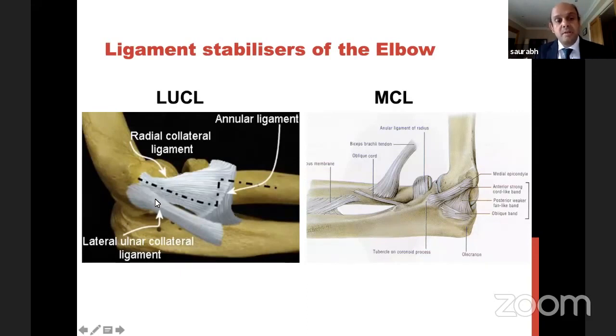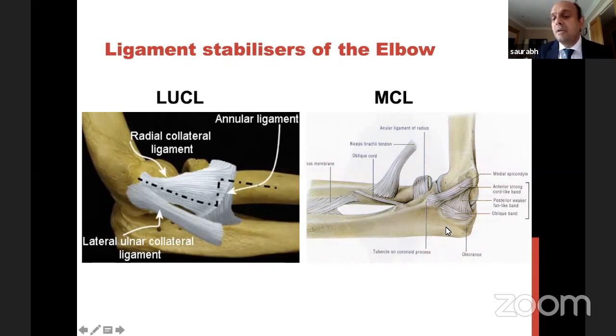The lateral ligament complex has an annular ligament, a radial collateral ligament, and the lateral ulnar collateral ligament. But this is the most important limb. It comes from the lateral epicondyle and sits on the supinator crest of the ulna. In 95% of cases, it will come off the lateral epicondyle along with the extensors, which is where we repair it back. It is this ligament which gives PLRI, posterolateral rotatory instability, to the elbow, which is the most common instability. So its anatomy, its origin and insertion, is very important.